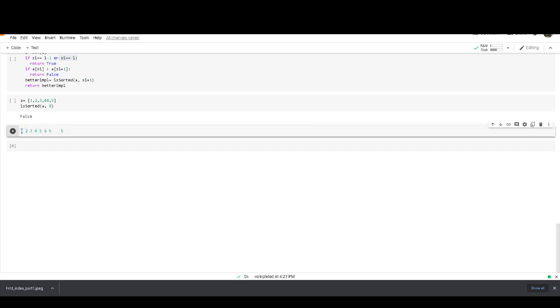If 5 is present in the first element, we need to write the condition here. Then we traverse through the list and we will get the output.